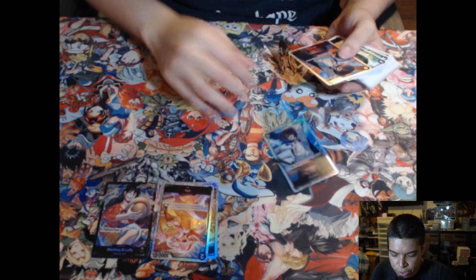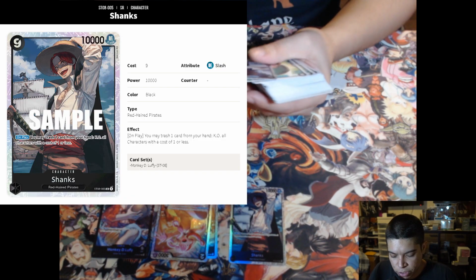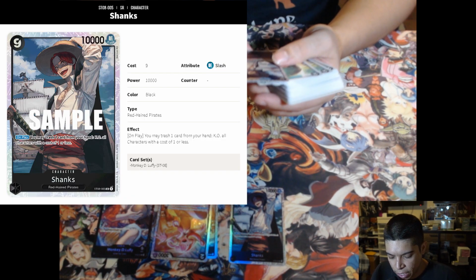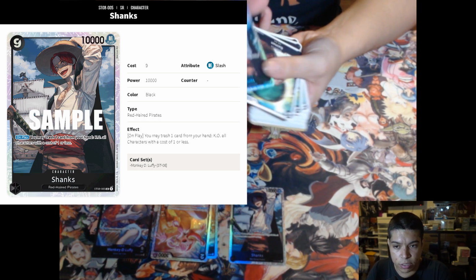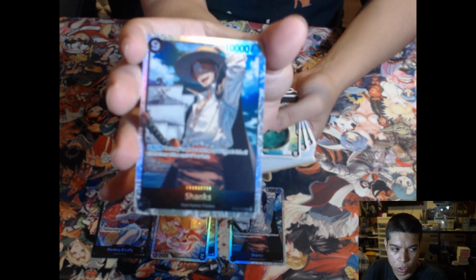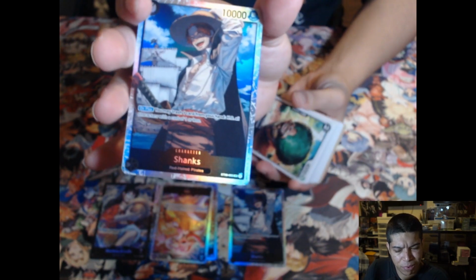And then we have two Shanks. 9-drop Shanks. It says, you may trash one card from hand. KO is an on-play effect. KO all characters with cost 1 or less. So another one of those cards that we might see played, because Zoro is rampant right now. Zoro has a bunch of 1-drops in the deck, and so we might see this in play. I don't know if it'll ever be